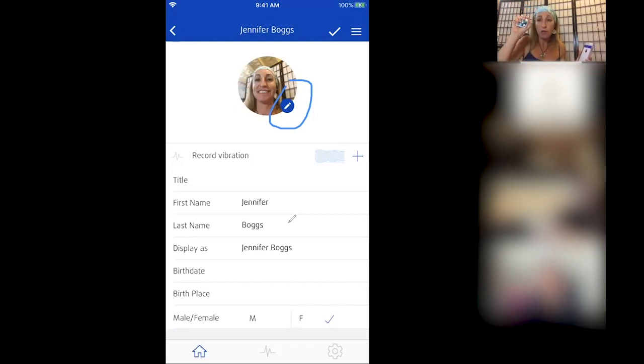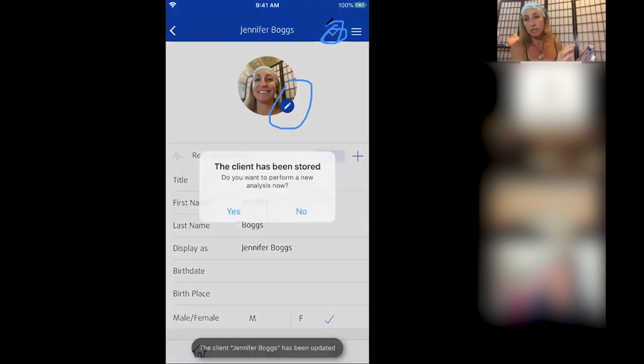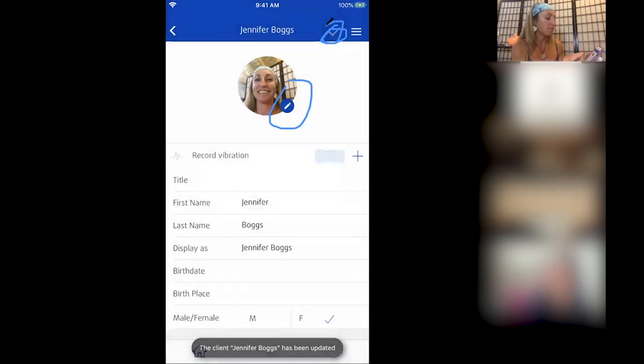Because I'm right here holding it, I don't have to have the photo, right? And you don't even have to have the photo. It's just all about the more pieces of data we can give it. So I typically will use a photo, even if it's one I snap from my phone from Facebook of them, put it in, and then record the vibration. And again, remember that little check mark, sneaky little check mark. If you don't press it, it doesn't save. So I did save it, but I don't need to do a new analysis, so it left me on the